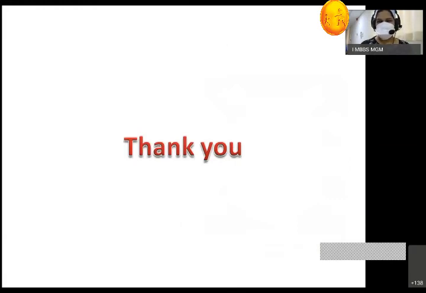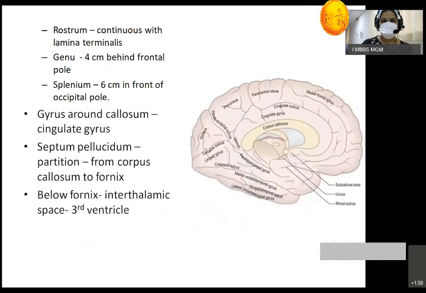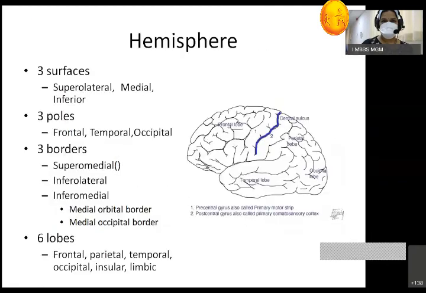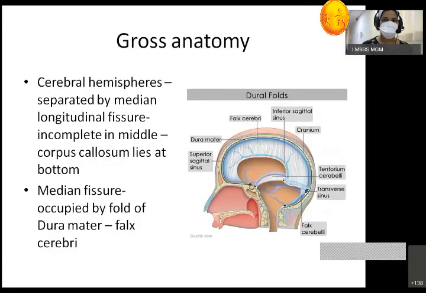Is there any part you have not understood or should be revised fast? Did all of you understand today's topic? Because if you understood today's topic, tomorrow will be sulci and gyri. If today's base is not understood by you, sulci and gyri will be difficult for you. Understood, ma'am. Okay. Any questions?